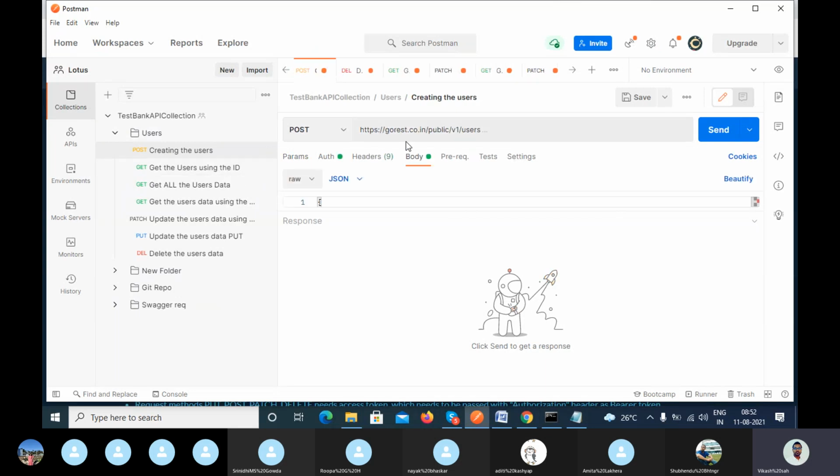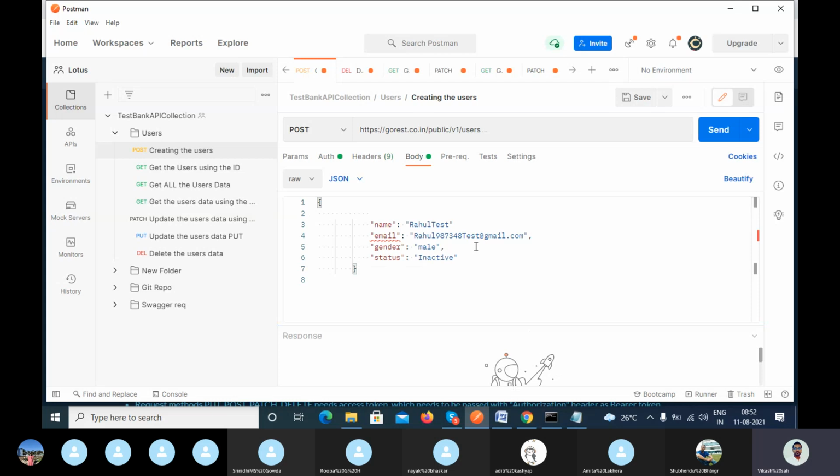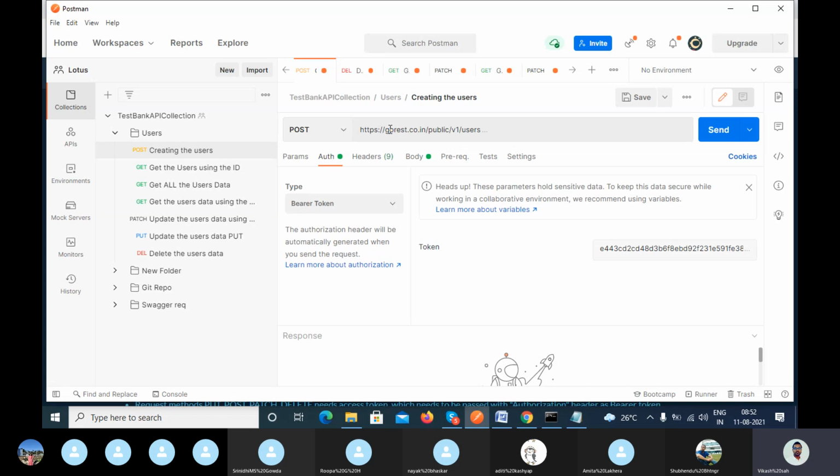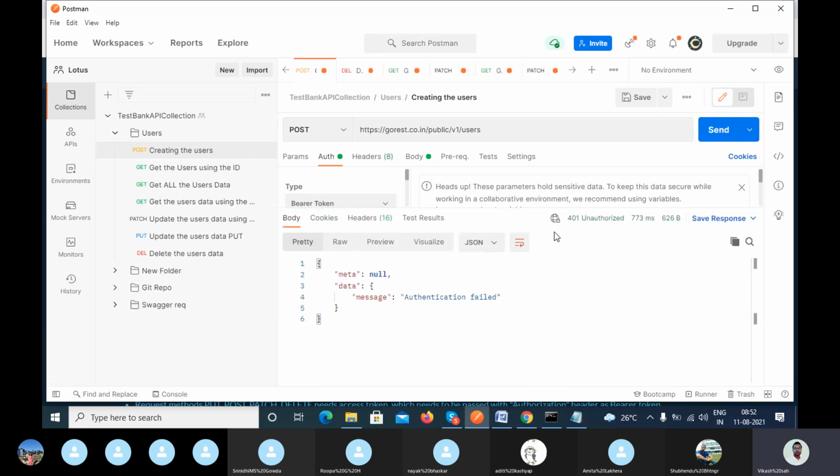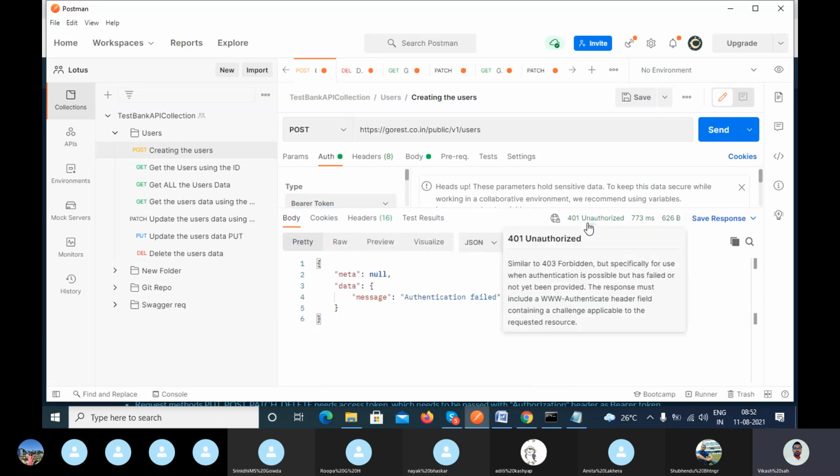This is the GoRest public API, right? Let's suppose I want to create the data. So this is your application and you are not passing the authorization token. Let's try to connect. Can you see it here? 401 unauthorized.